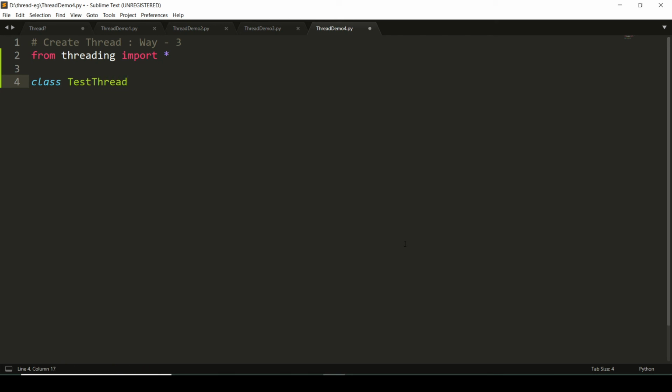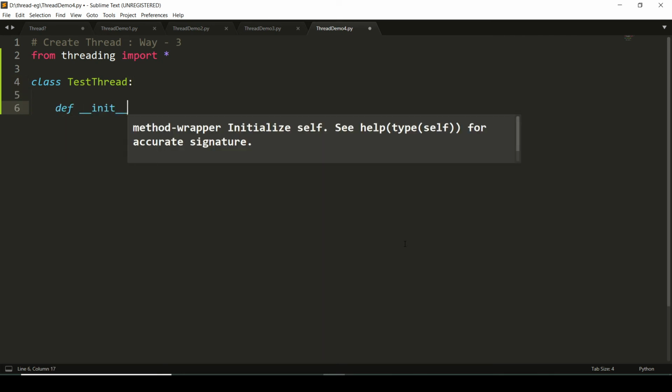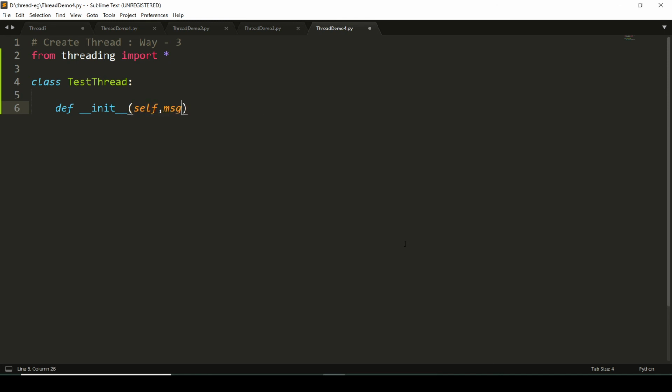Observe that I am not deriving it from the Thread class. Now initializing the constructor with self as well as the message. As we don't have any superclass here, I am not calling the superclass constructor. Simply self.msg equal to msg.